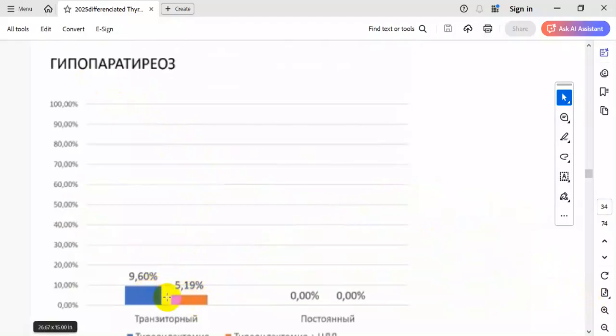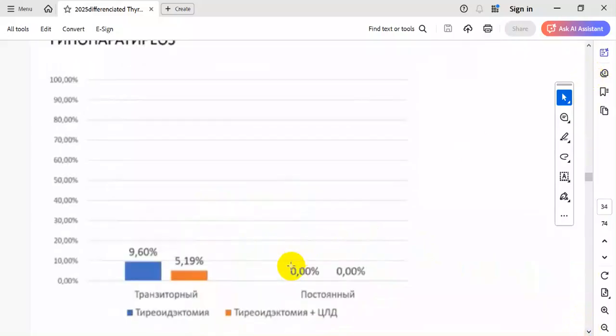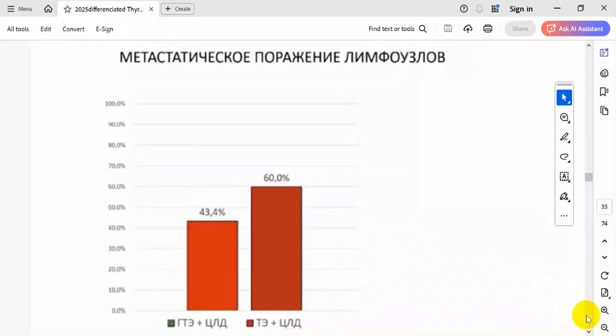this is the difference between hypoparathyroidism after lobectomy and thyroidectomy, but also here they found that there is no persistent hypoparathyroidism, approximately 0% in all types of thyroidectomy. And also here, when in Russia they studied the metastasis to lymph node